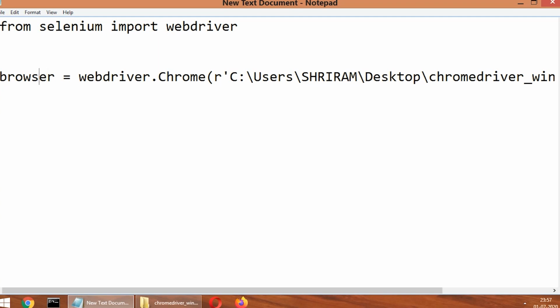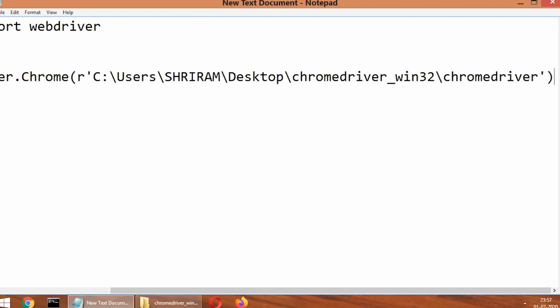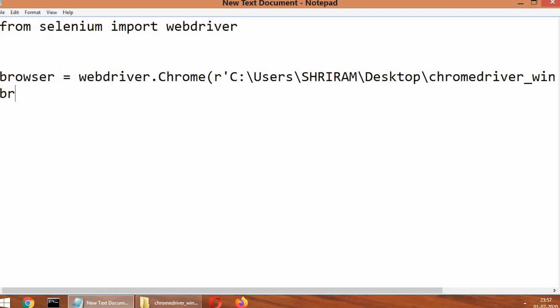Okay. Now I want to get a URL. Get in the sense I want to open a URL. For that I am using a get function. In my case it is going to be WhatsApp Web. HTTPS is a protocol. If you don't know how to get this URL or web address, you can just go to your Google and type the address you want, and this address will pop up in the web address bar. You can just copy paste that. web.whatsapp.com. Fine.